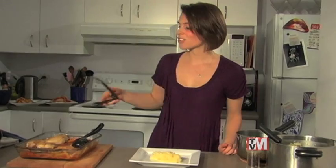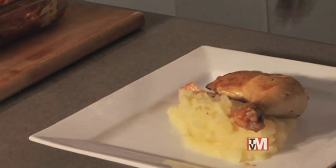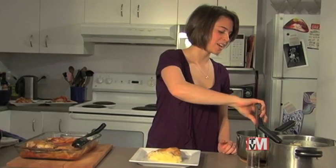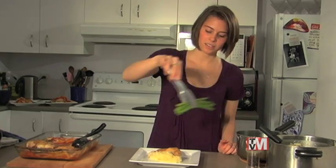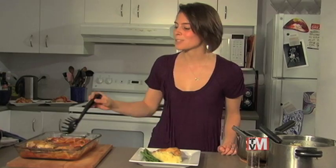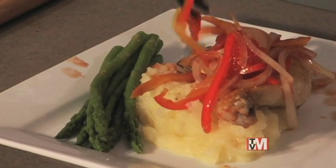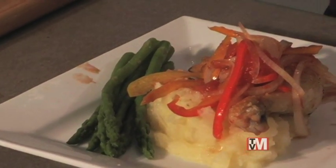Pop on one of our chicken legs. A couple spears of our asparagus for a little green. And then of course we can't forget that yummy pepperonata that's been cooking underneath our chicken. Perfect. It's nice, it's roasty, it's great for whether you're cooking for your family back home or your urban family